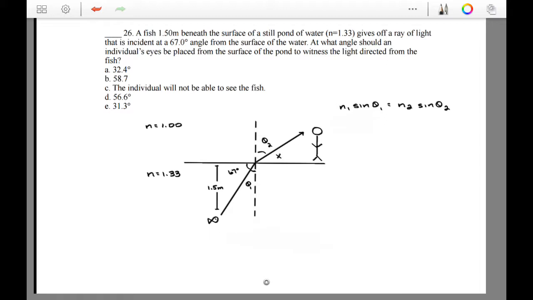And so first we know that we can just plug all this information into Snell's law. We know that the index of refraction for water is 1.33. And we have the sine of our angle is going to be 90 minus 67 degrees, like I said, because we want the angle with the normal. And this is going to be equal to, for lack of space, I'm going to solve it right underneath. So this is going to be equal to n2, which is the index of refraction for air, approximately 1, times sine of theta 2. So we're solving for this angle of refraction, but ultimately we're going to need to subtract